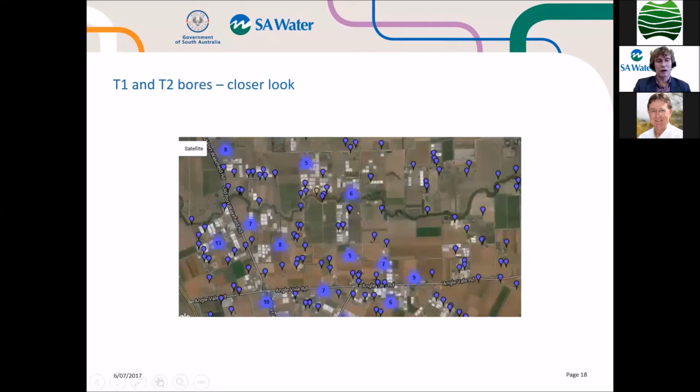What we looked at, this was a couple of years ago, we looked at putting in a scheme around this area here, and we talked to the community up there. They weren't very happy about it. They saw that there was a risk that this recycled water could actually make its way to their private bores. Some of them use that for showering and for crop production, and they were just a bit concerned about that. What we found out was that with modelling, it would take about 200 years for that water